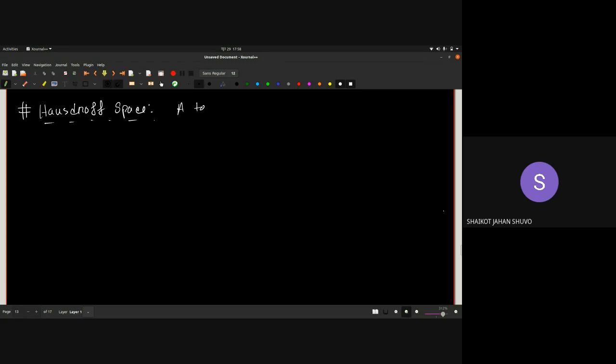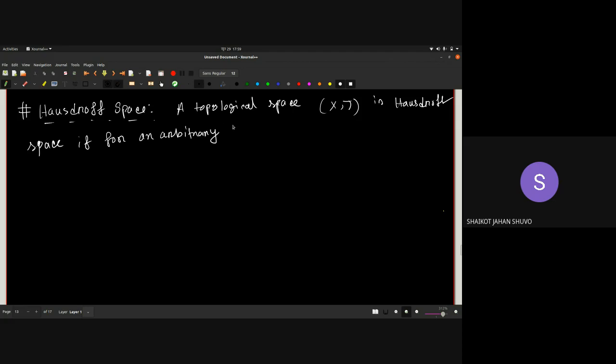A topological space, let's write it as (X, tau), is a Hausdorff space if for an arbitrary pair of distinct points x, let's say x prime, these two are distinct points which both belong to capital X,